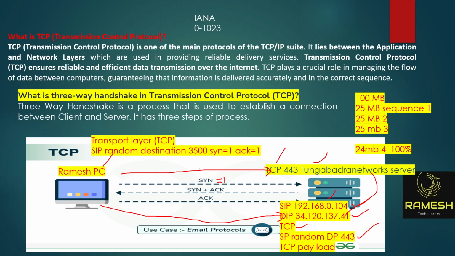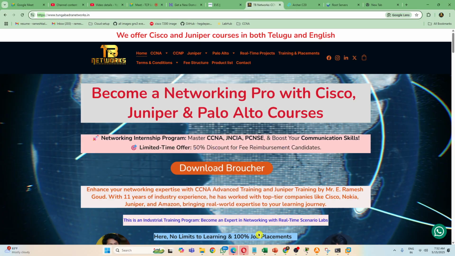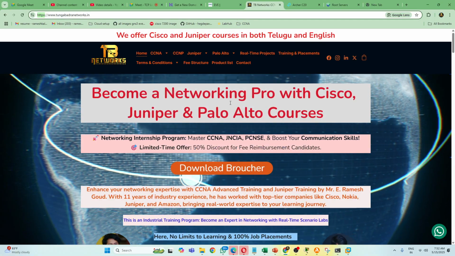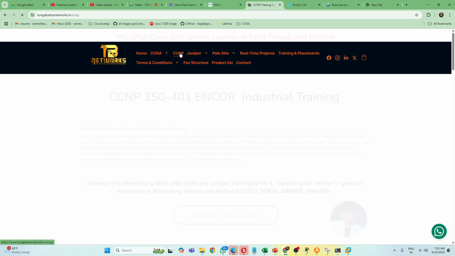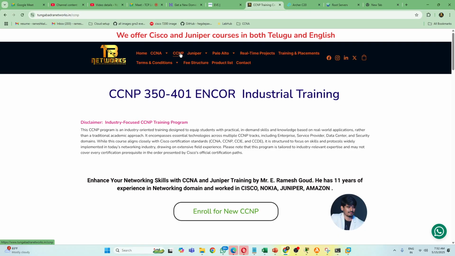First, they will establish a connection by using the three-way handshake process. What is the three-way handshake process? SYN, SYN-ACK, ACK. First, the computer will send a SYN, the server will respond with SYN-ACK, and again the computer will send an ACK. This is called the three-way handshake process. Now the pipe connection from the tanker to your home is done. Now what you need to do? You need to send the water, right? Now the data. Once the connection is established, the application is loaded. Whatever you click here, it is loading.